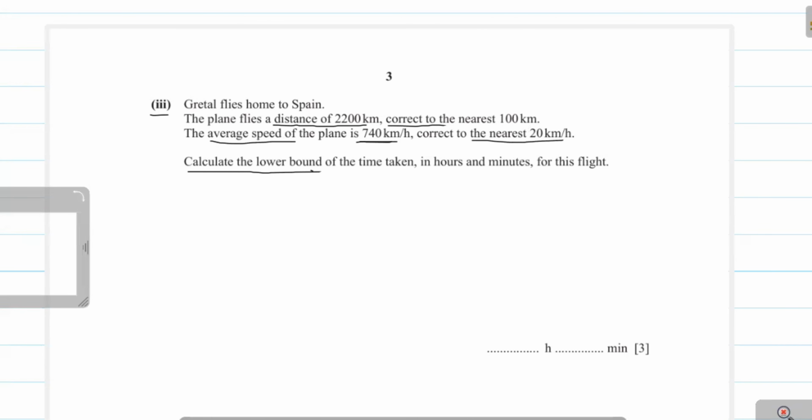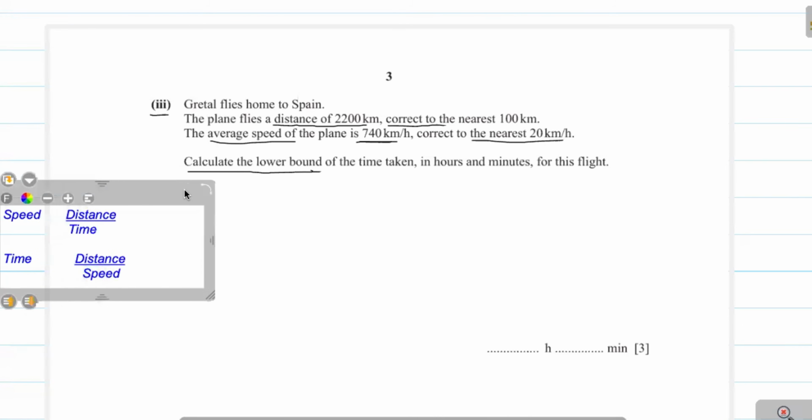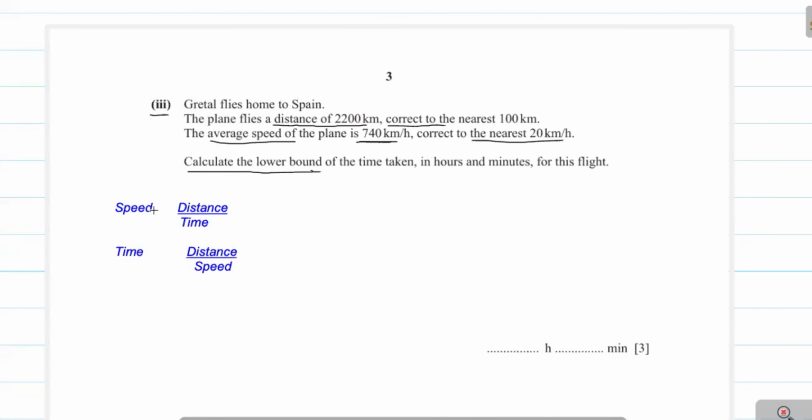You see here the relationship between distance, time, and speed. The speed is equal to distance over time, and then time will be equal to distance over speed. Now we have to find the time in lower bound. Therefore, the time lower bound will be equal to distance in lower bound value over speed in upper bound value. Now the distance in lower bound value will be equal to the original distance